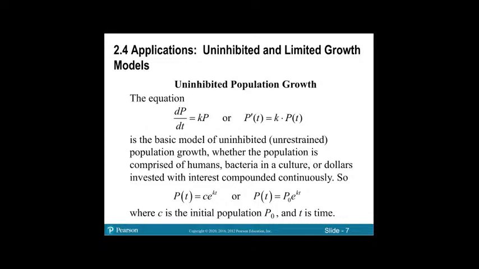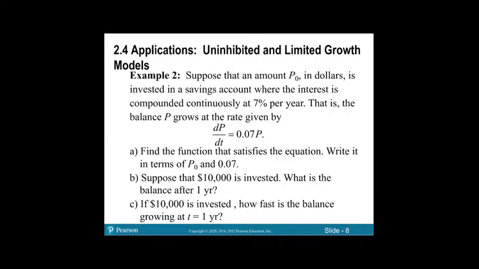In this example, suppose that some amount P naught in dollars is invested into a savings account where the interest is compounded continuously at 7% per year, and the balance P grows at the rate of dP/dt equals 0.07 times the original function. Find the function that satisfies this equation and write it in terms of P naught and 0.07. So then what, P of t,